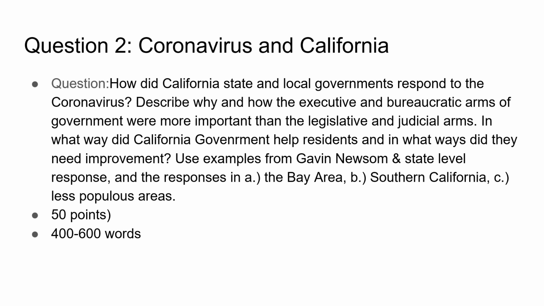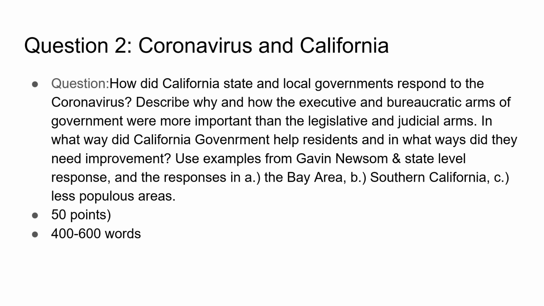So basically, the first paragraph or 2, you're going to look at what the response of the state and local governments was to the coronavirus. The next segment is describing why the executive and bureaucratic arms of government are more important than legislative and judicial arms in something like this. So you're going to refer back to the textbook and other readings to look at how the institutions of government impacted the delivery of policy in this critical time. And then